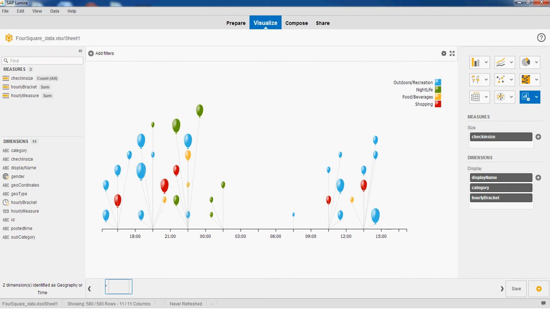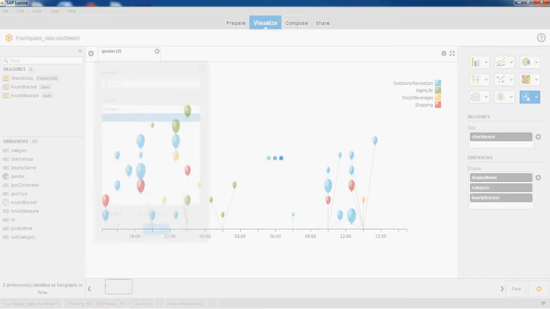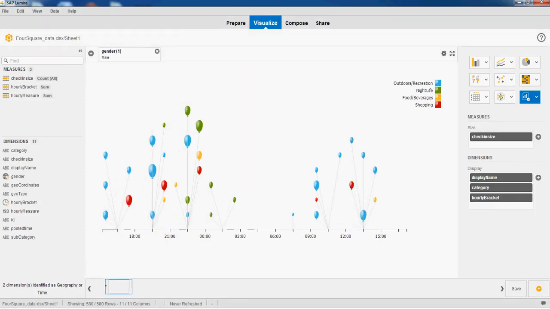What I can also do is add filters over it. I can filter the data based on gender. I want to see how many males are visiting a particular place, so I can click on male and okay. It will filter the data based on males.